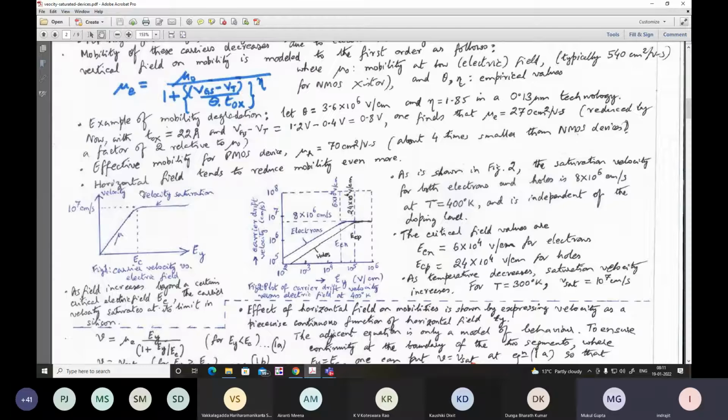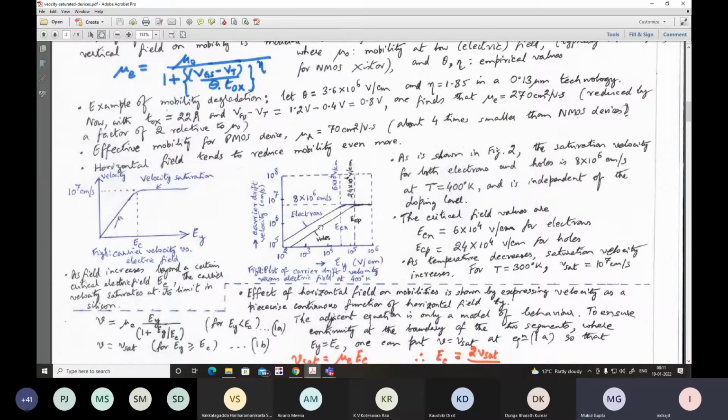For that, as we can see, the saturation has been measured also. This curve is from the book of Sze, the semiconductor device book celebrated around the world. So at T equal to 400 degree Kelvin, the velocity of the carriers, both electrons and holes, is found to be nearly 8 into 10 to the power 6 centimeter per second. And further down, at room temperature, that is T equal to 300 degree Kelvin, it is slightly higher, 10 to the power 7. So at lower temperature, the agitation is less, so there are fewer collisions, and the carriers can retain somewhat larger velocity.